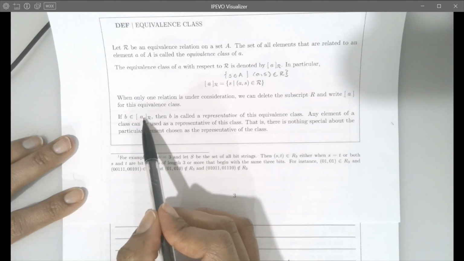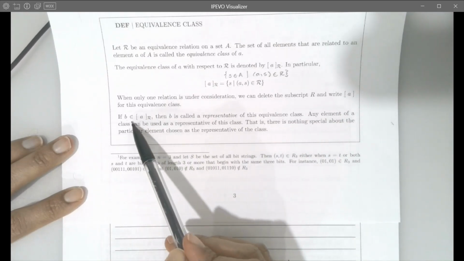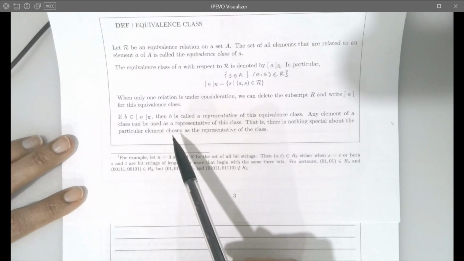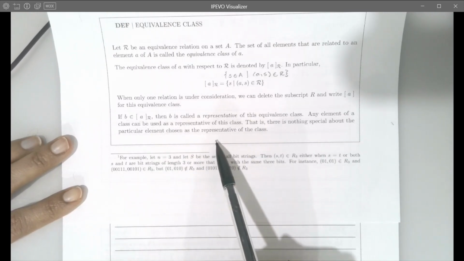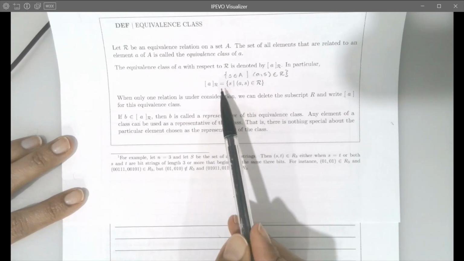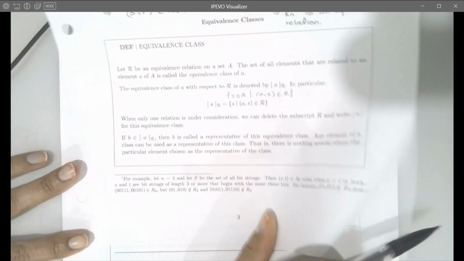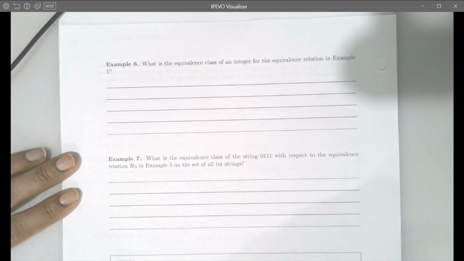But because all of the elements that are part of the set are equivalent to each other, it doesn't matter what we choose as a representative of the class. There's nothing special about that particular element that's chosen as a representative. They are all equivalent under R. Okay, so